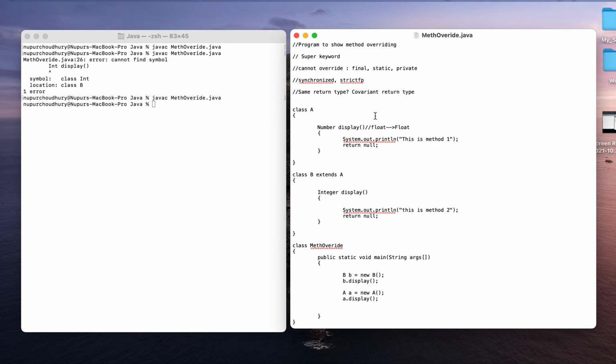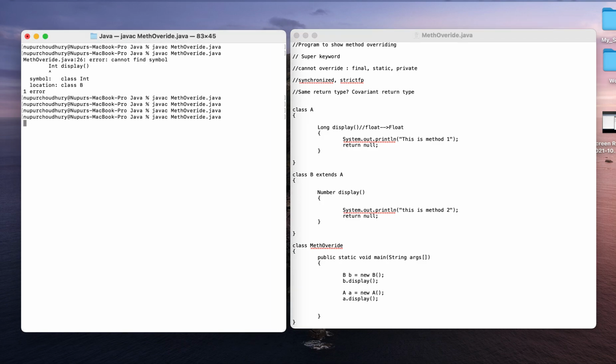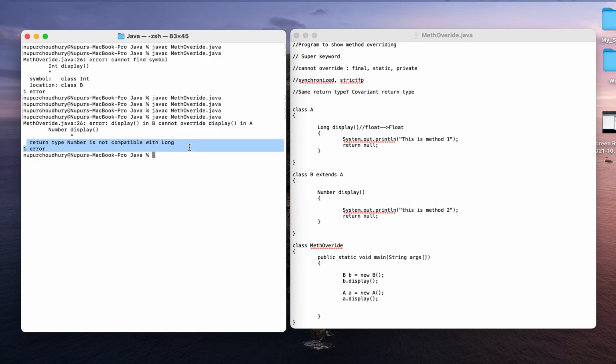Number also has some other data types with it, let's say Double. It will not give me any error. Again, if I am using, let's say, Long, it will not give me any error. But if I use Long in the parent and Number in the child, it will give me an error. See, it is saying that return type Number is not compatible with Long.